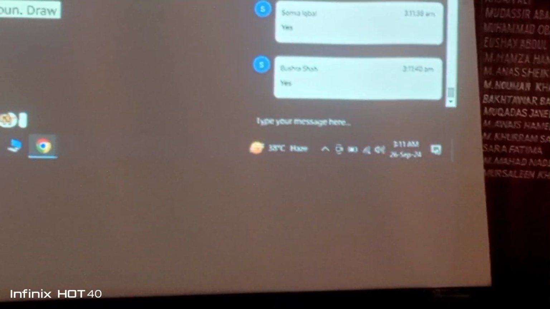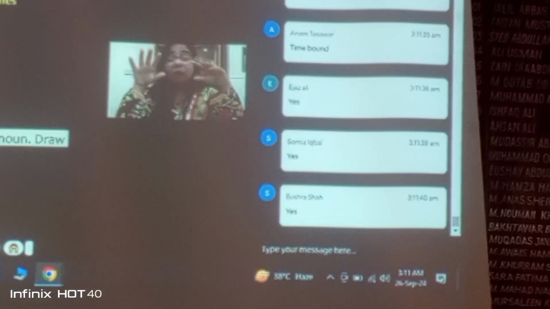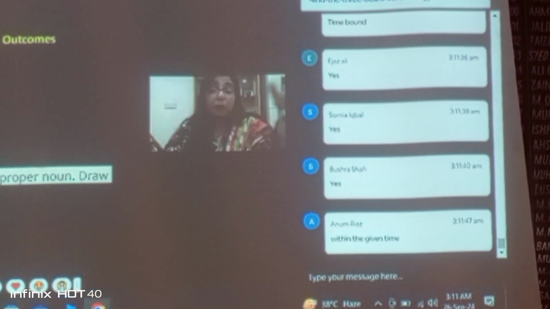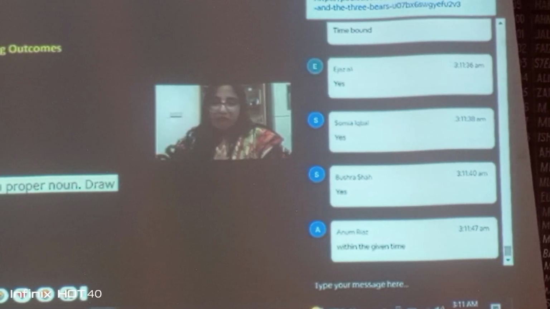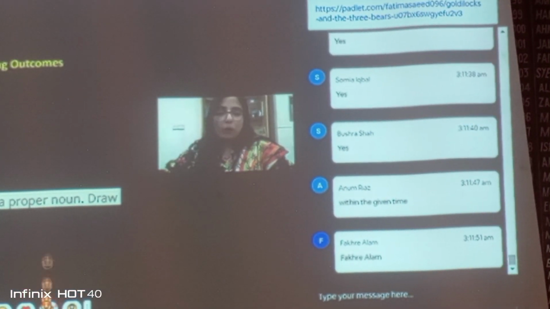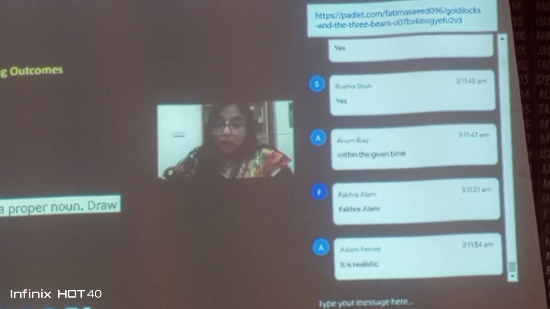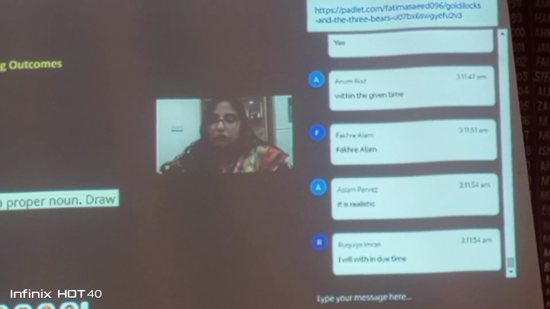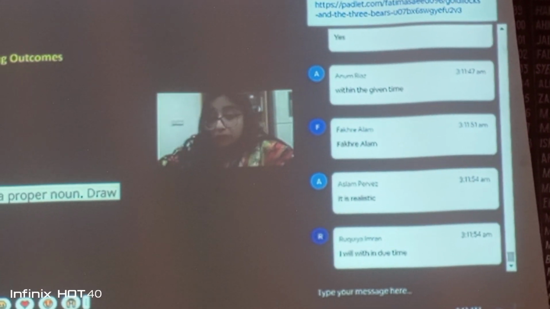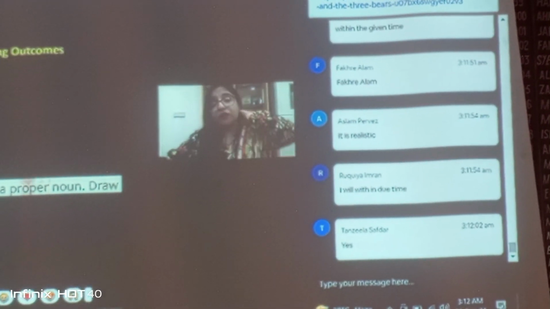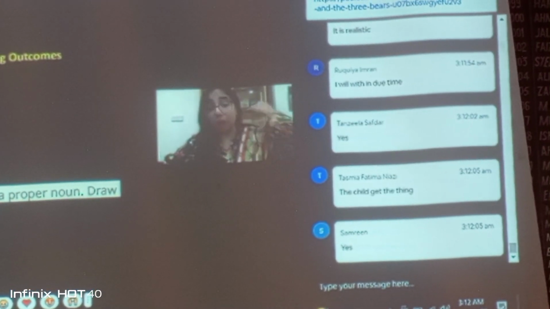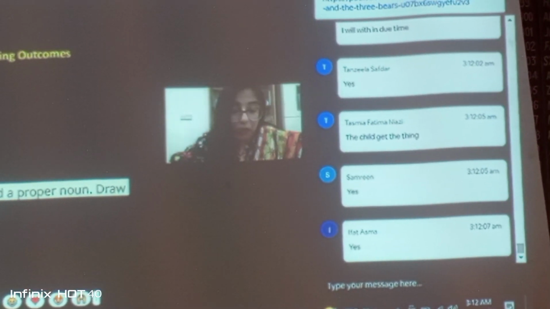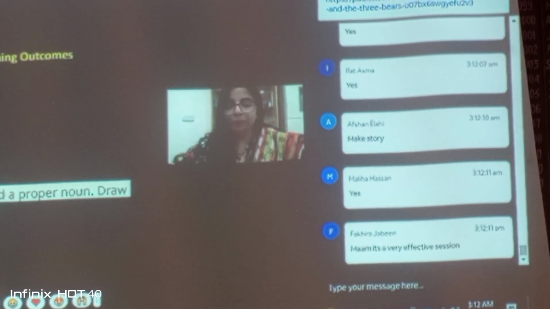So it's all about, if it doesn't have bounds, अगर उसकी कोई boundary नहीं है, कोई time bound नहीं है, that means it's not practical, it's not realistic. एक ऑब्जेक्टिव जो आपको कंप्लीट करवाने में पूरी ज़िंदगी लग जाए, पूरा साल लग जाए, how would you be able to complete your chapter then, if your objective is not time bound? Of course, in a year there are multiple chapters that you have to cover, so it's not humanly possible